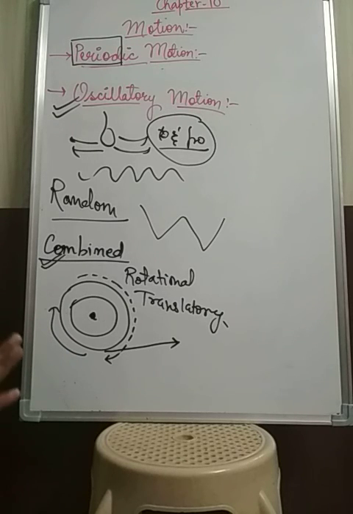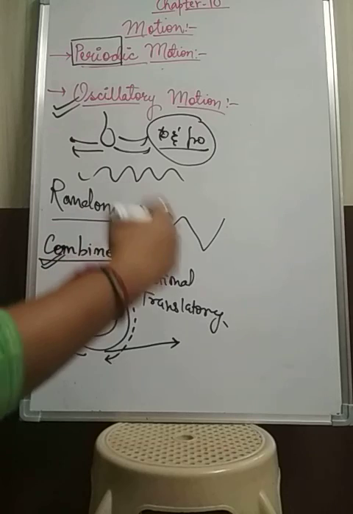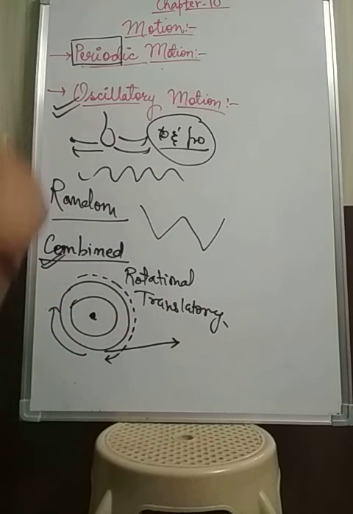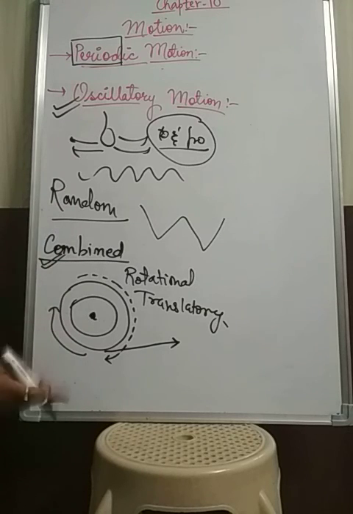Now, if you have seen a sewing machine, with the help of which you can stitch clothes, in that the wheel of the sewing machine rotates, executing rotational motion, whereas the needle is moving up and down. That means periodic motion, or we can say up and down motion, to and fro motion, that means oscillatory motion. So here again both the motions are periodic motions. Fine. So hence a working sewing machine shows combined motion.